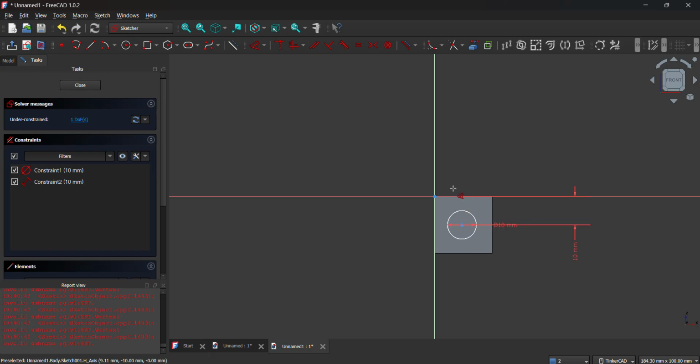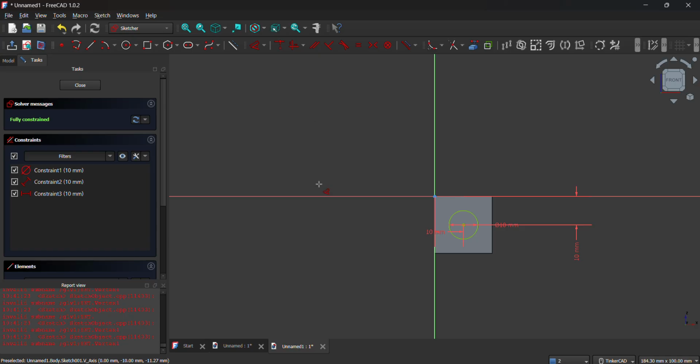Click here and here and make sure it's 10 millimeters to make sure it is at the center. Please note that sometimes this one is not clickable because it is already 3D, and the software is confused about which point you are really pointing to. So you can click this one, create external geometry, and click here to create a clickable edge.